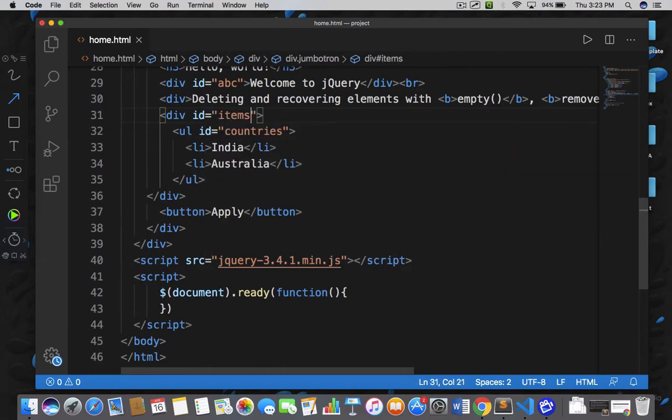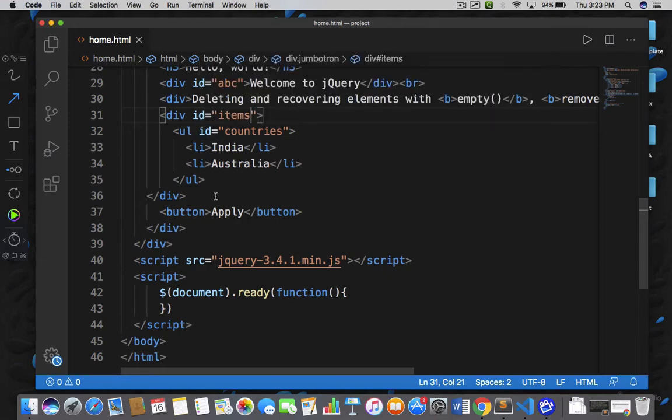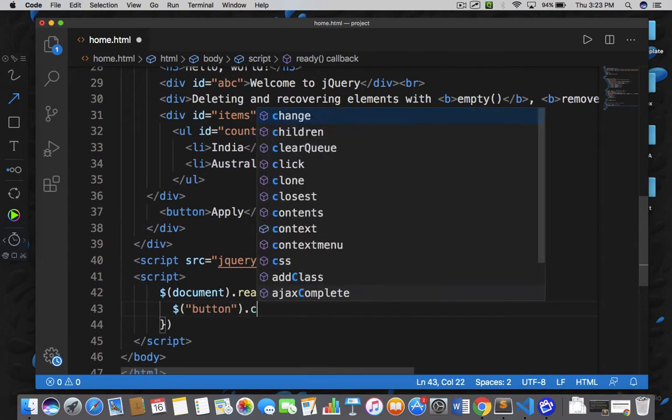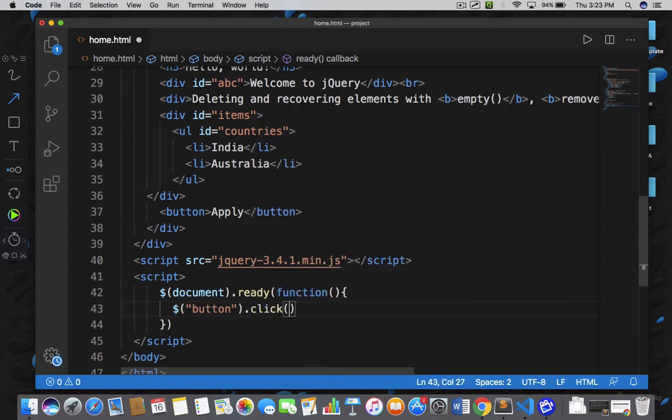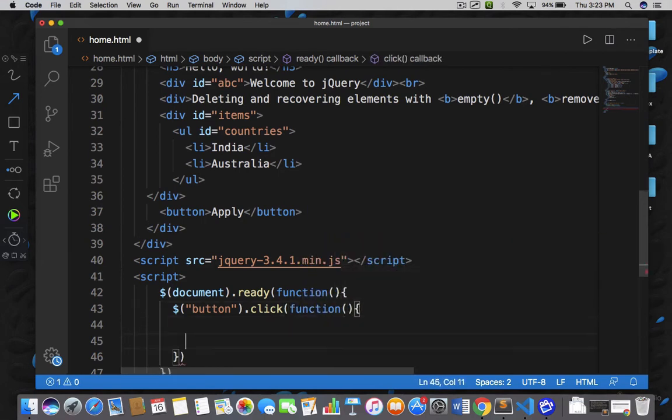Fine. So this is my unordered list within a division tag, and then we have an apply button, and I will execute my code when I click on the apply button. So here I would say button dot click. So when you click on this button, this function should execute, and within this function I will show you the example of empty function first. So let me write down the code here,